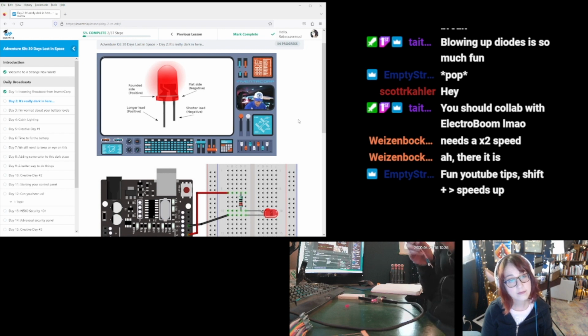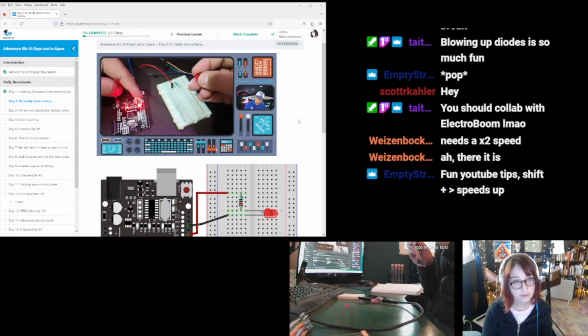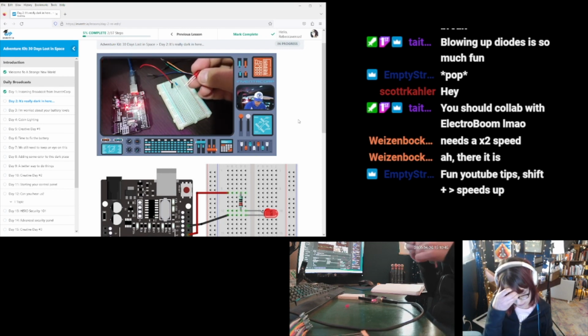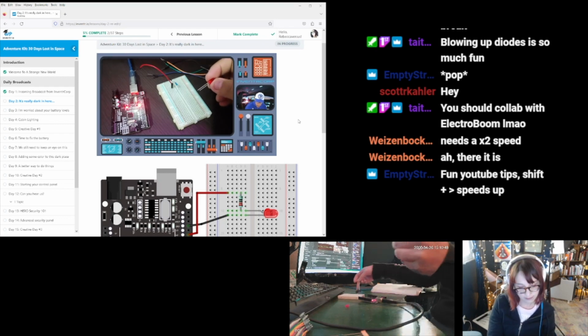A way of remembering that is that we need to connect the longer prong to the higher voltage. That would be to the 5 volt side. And then the shorter prong would go to the low voltage side, or 0 volts. So let's see if we can use the breadboard to connect this LED to a source of voltage and get